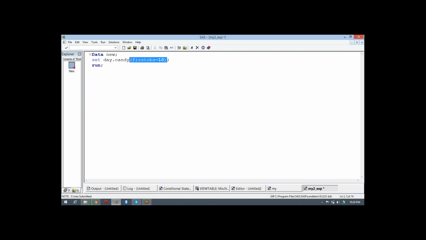And this you can restrict as a global statement also. Let's suppose you are working with a common file and you want to read only 10 rows for every data set. So in options you can declare OBS equal to 10. If I declare like this, what will happen? It will take only 10 rows from a particular data set. If I execute this and run proc print data equal to a.candy, then run.